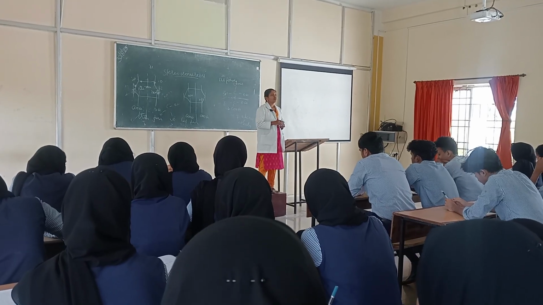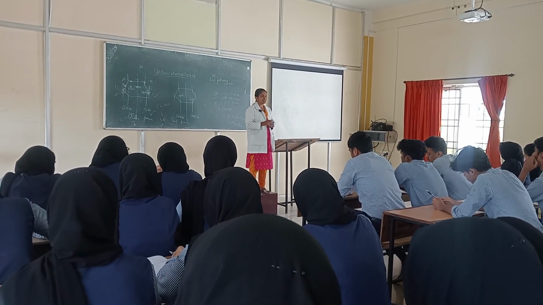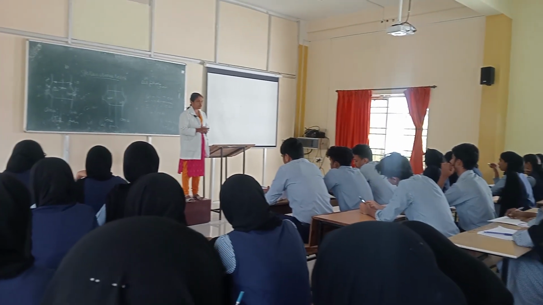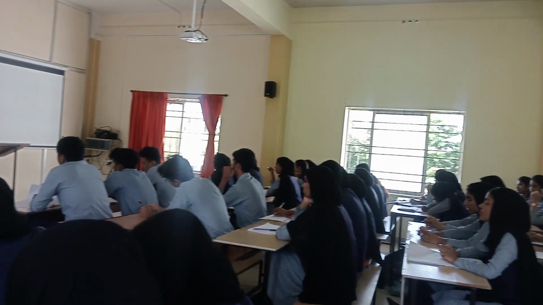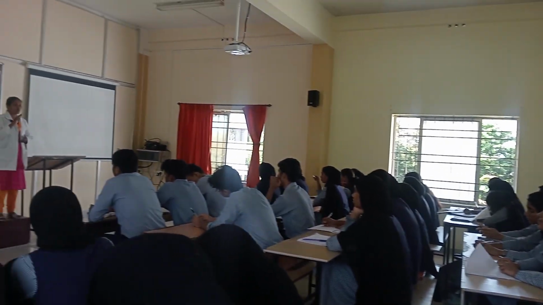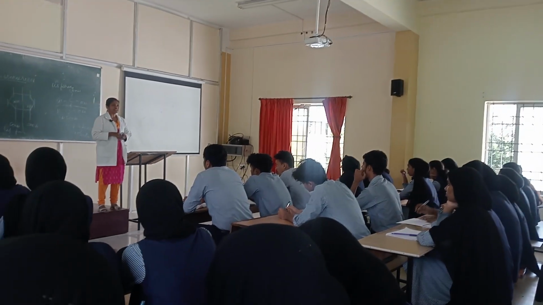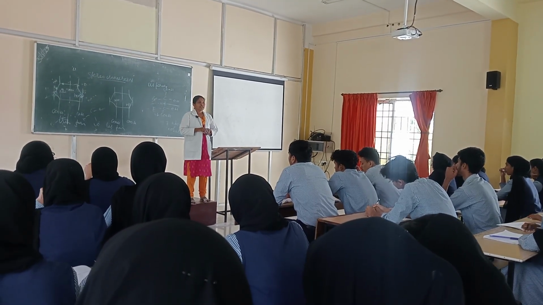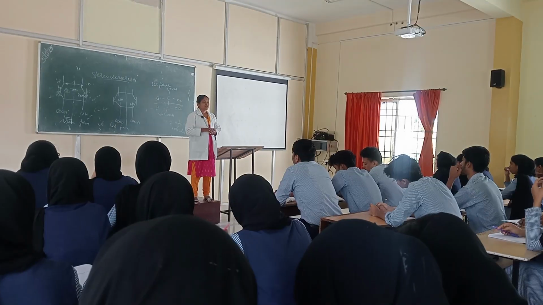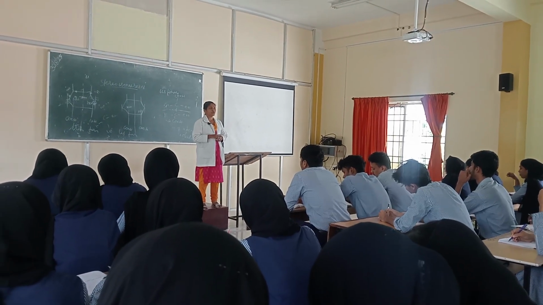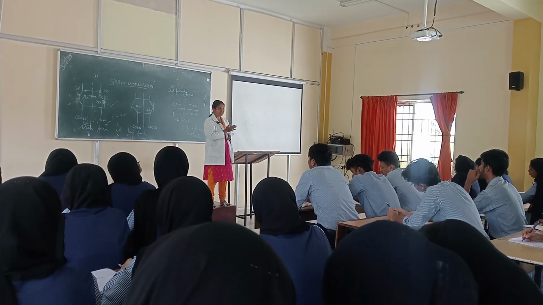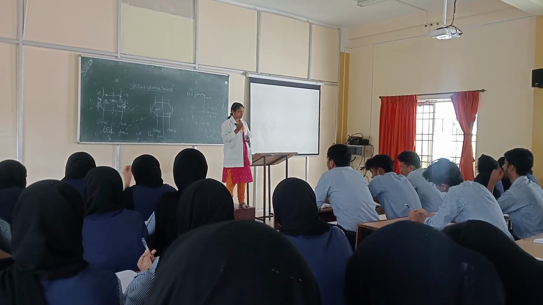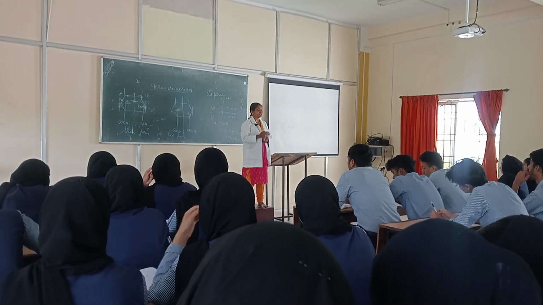So compounds having a plane of symmetry, what does it mean? If a plane of symmetry is there, is it optically active or optically inactive? Optically inactive. If a plane of symmetry is there, it is an optically inactive compound. Okay. Next, how can we know whether the plane of symmetry is there or not? When we divide the compound into two equal parts, whether up and down or parallel side, if we have divided the